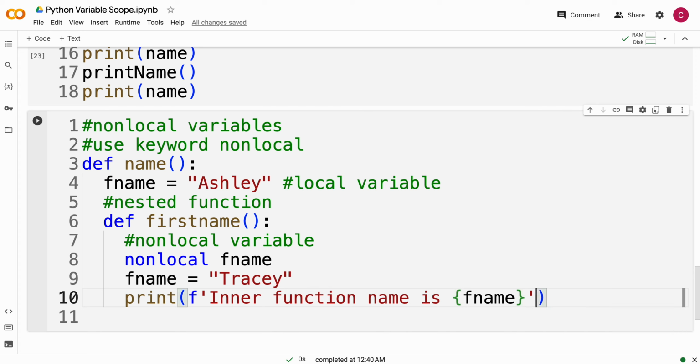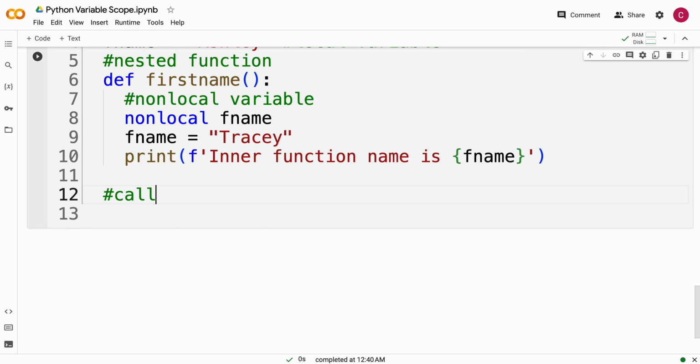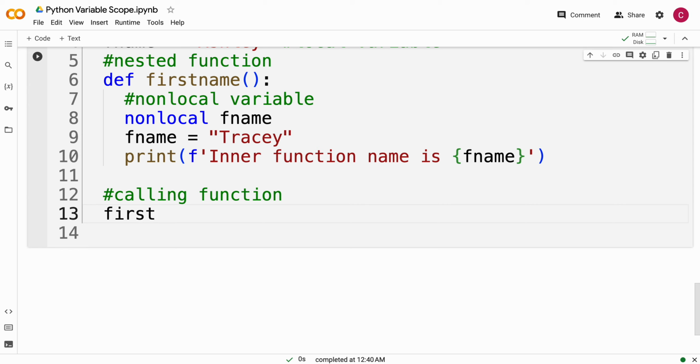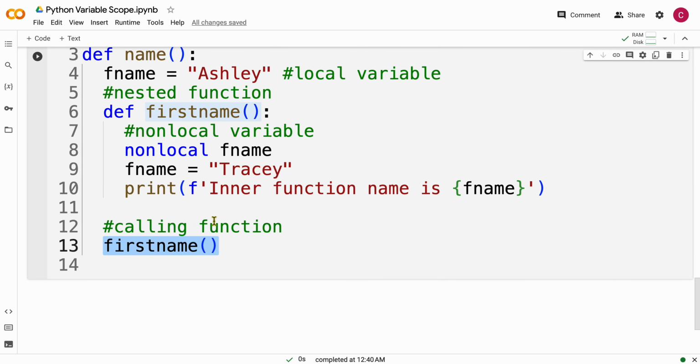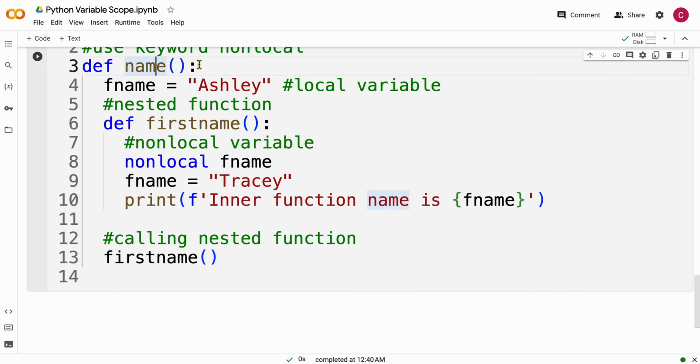Then we will call it outside. All right, and then we are going to call first name, and we're just calling this nested function. We haven't yet called our primary function yet,